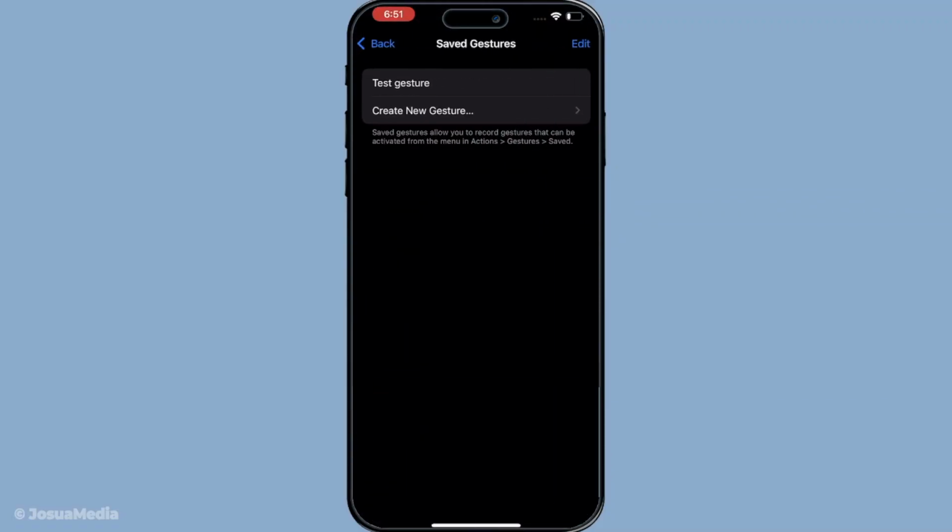You've now created a new gesture on your iPhone, and once you've gone through it once, it becomes quick and easy to create more whenever you